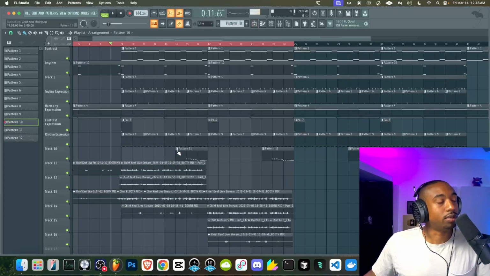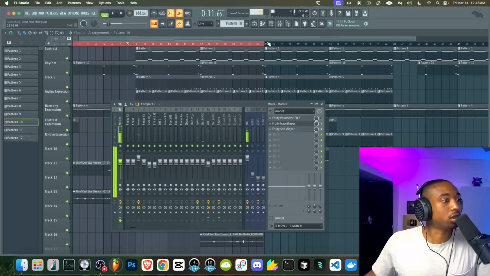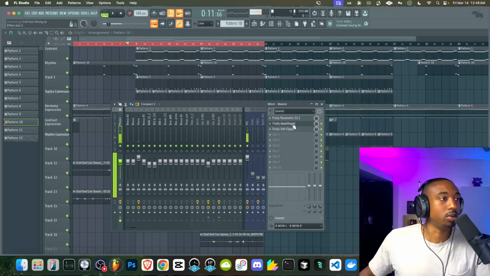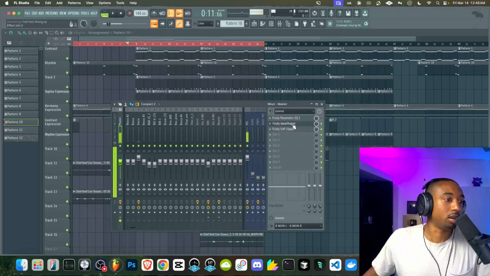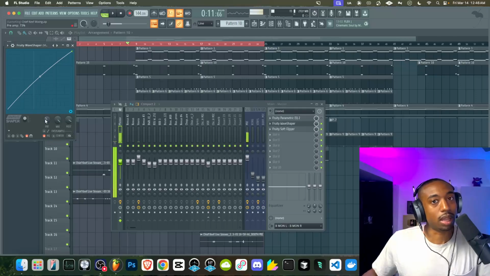Okay, so now that we have the vocal sitting right, it's about how much aggression do I want in the track. And this is where it's about taste. You're gonna go back to Fruity Wave Shaper in this case and mess with the preamp knob. So if it feels too laxed and relaxed, we could push the volume into it to give it more drive, as you can hear in my voice.